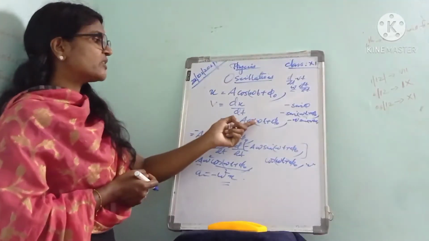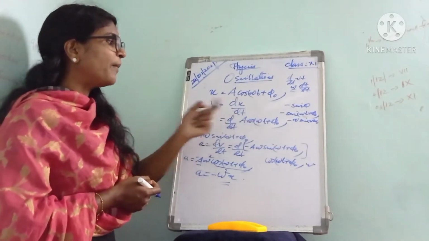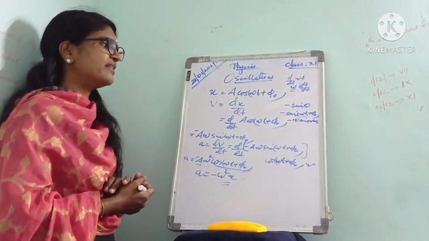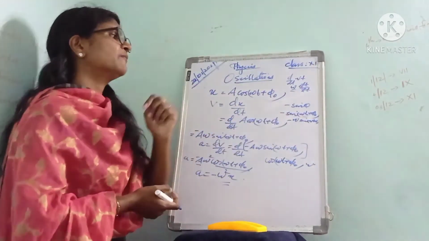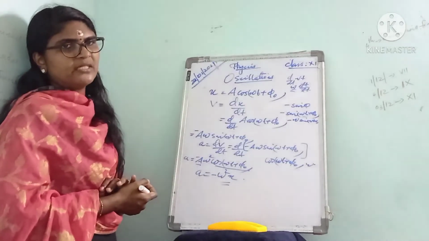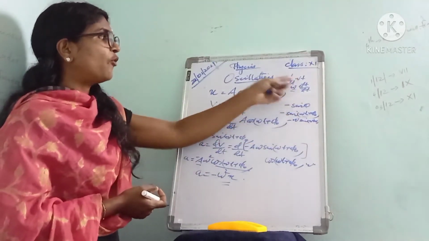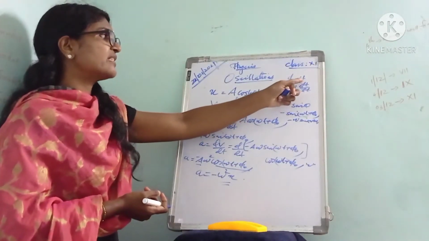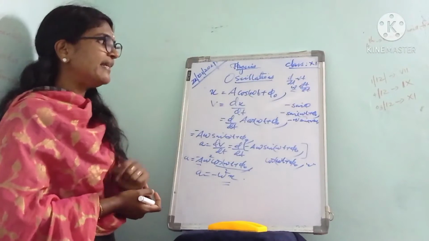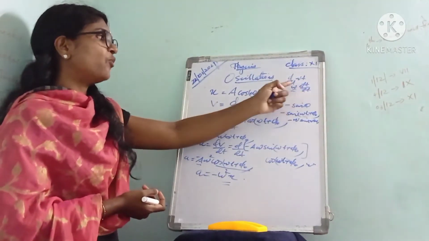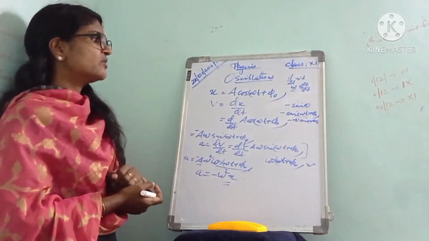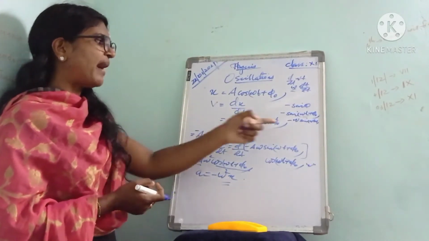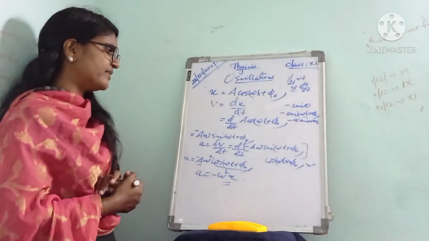But here it is not theta. Instead of theta, we have omega t plus phi 0. So the differentiation of cos(omega t plus phi 0) is minus sin(omega t plus phi 0). Then we have to differentiate omega t once again. So omega is constant, then differentiation is applied to the time t, so we get dt by dt, that is actually 1, so remaining is omega. So after differentiating cos(omega t plus phi 0), we will get minus omega sin(omega t plus phi 0).